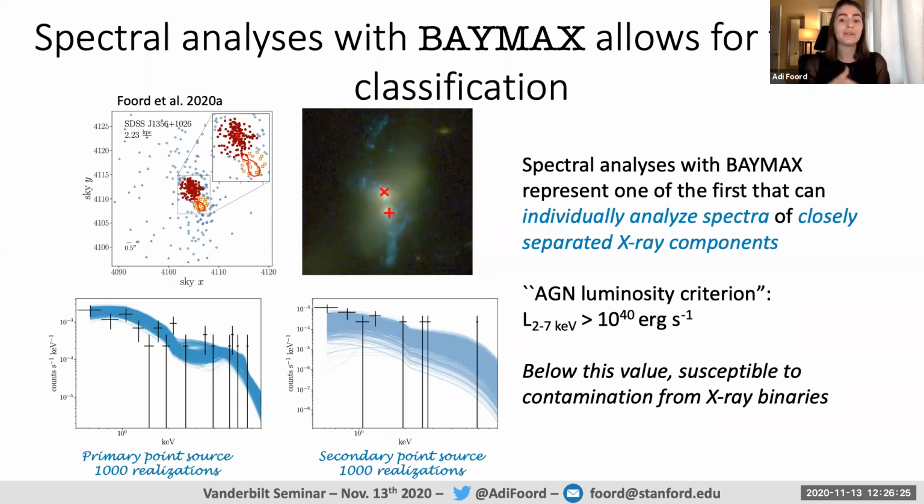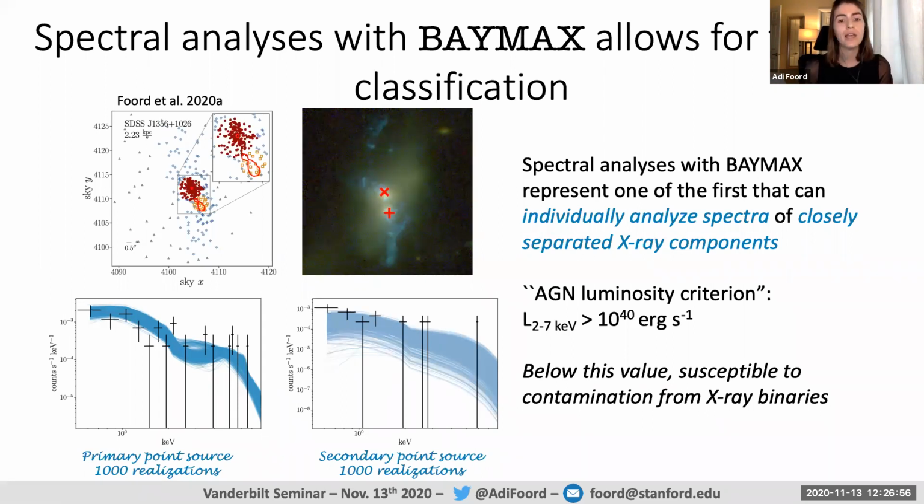And in the lower panels, I'm showing 1,000 spectral fits to 1,000 spectral realizations for the primary X-ray point source and the secondary X-ray point source. And I'm overplotting one of those spectral realizations in black. I will also just note, since I'm not sure if this is a heavy X-ray audience, it's likely not, X-ray astronomers like to fit most things with power laws. And so these X-ray spectra are also fit with power laws where the units are in counts per second per